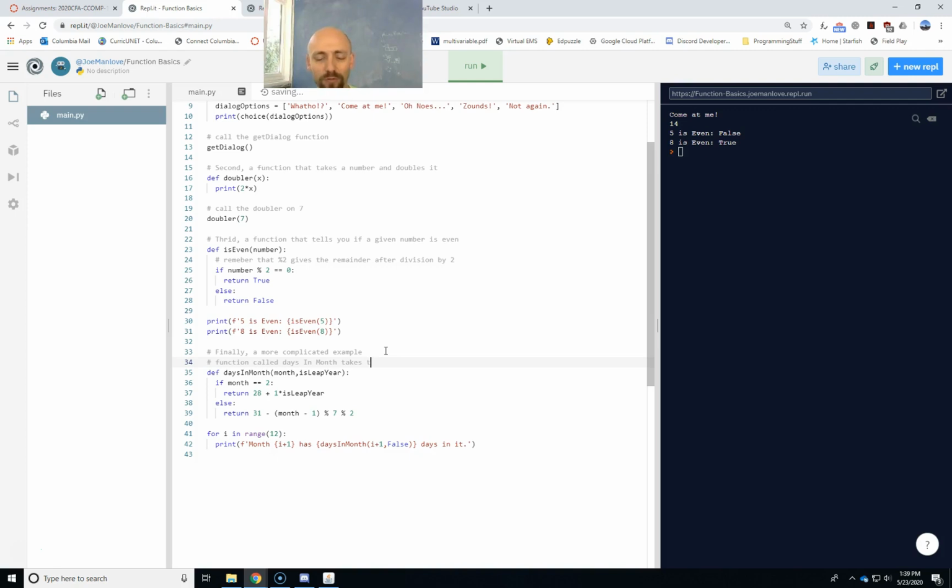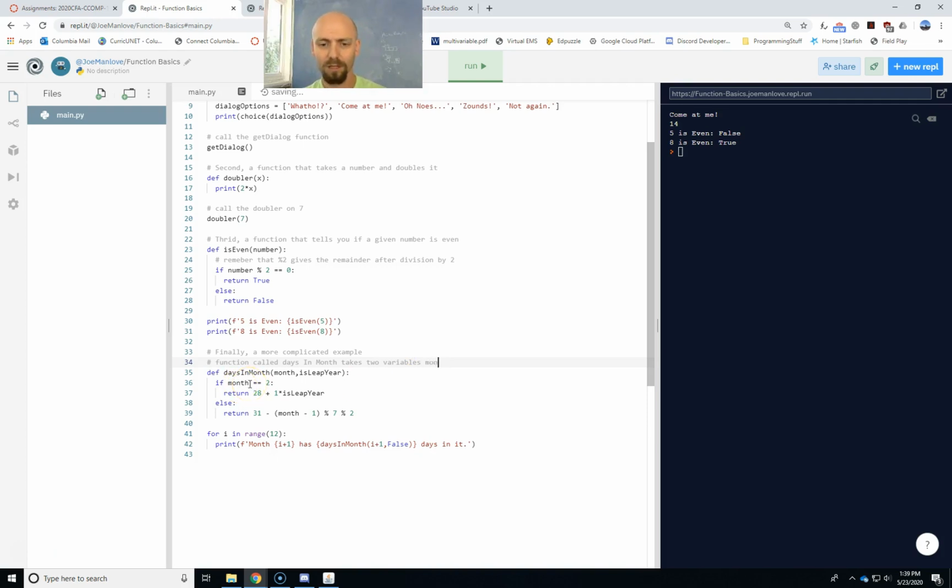It takes two variables, a month and a is leap year. So the fact that it's called is leap year makes me think that that's probably a Boolean. And the other one, if I'm looking at this if statement here, it's checking is that month 2. So if that month is 2, then I think it's checking whether month is a number,